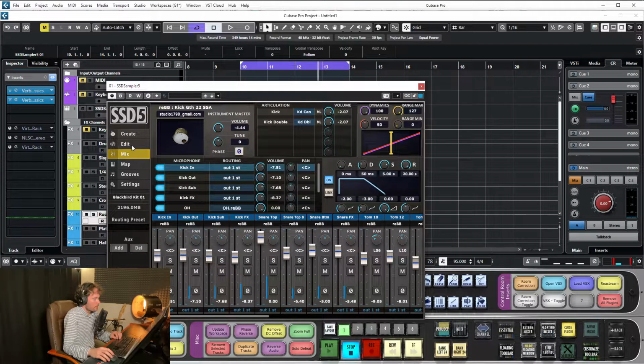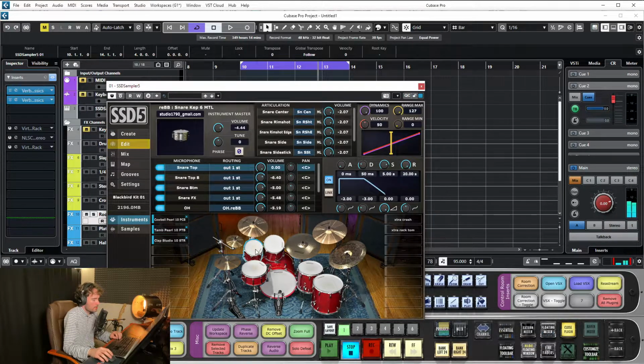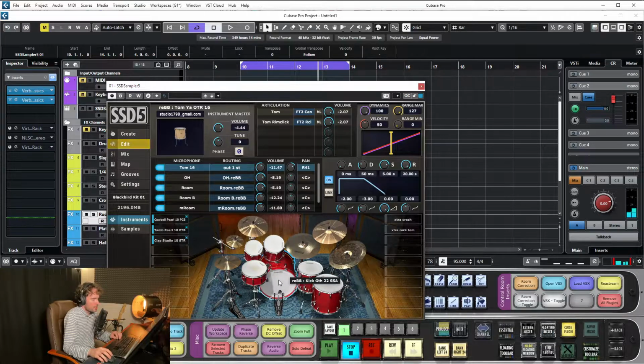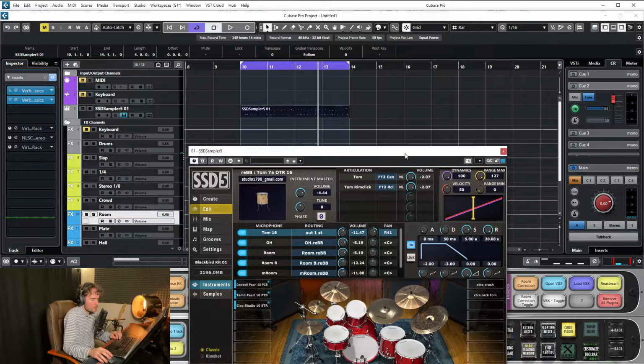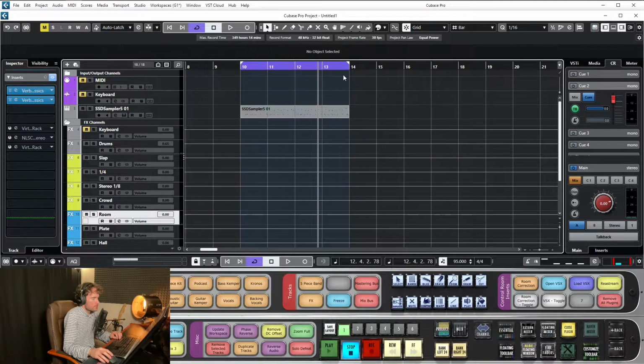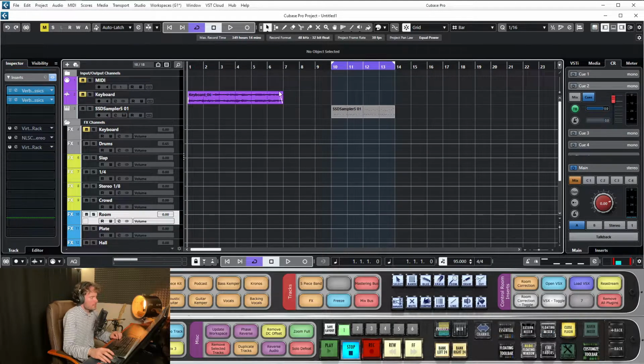So you've got your kick, snare, all that. What I would have to do is have individual MIDI channels for each instrument, which is totally doable, but just for the example just now. And there's one more technique that I sometimes use. It's called the Haas method or technique. And what it does is,